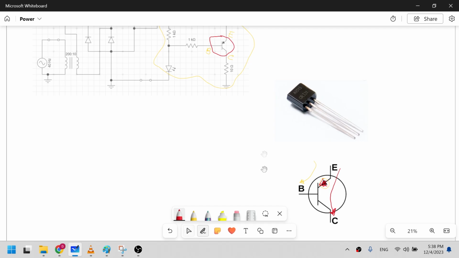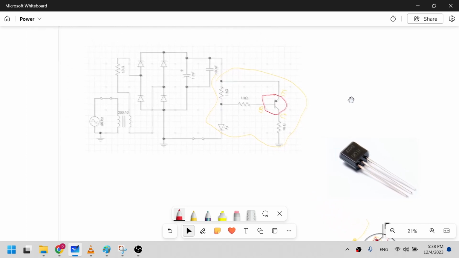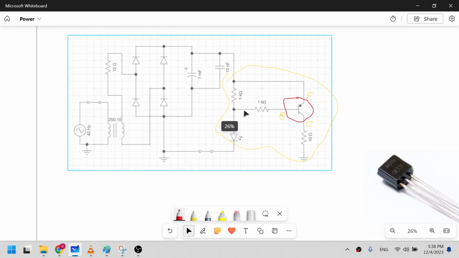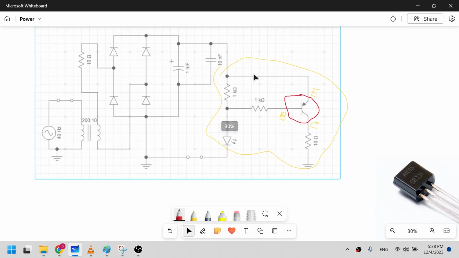Now using that principle of the PNP transistor, that circuit switch on-off is occurring in this sound system. Let's see how it's happening. We'll first brief the concept and then show you in the circuit simulator. Here I have shown you that a certain, let's say 10 or 12 volts is getting generated here. Now when this switch is open,